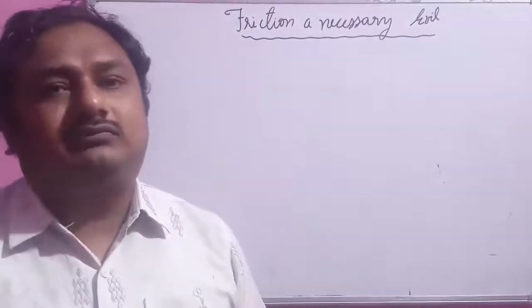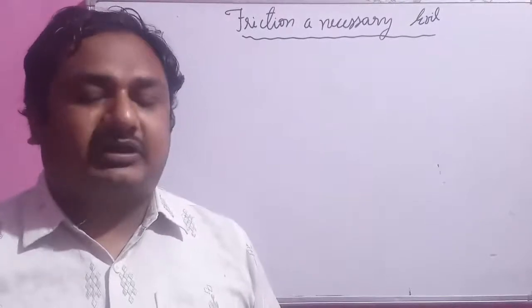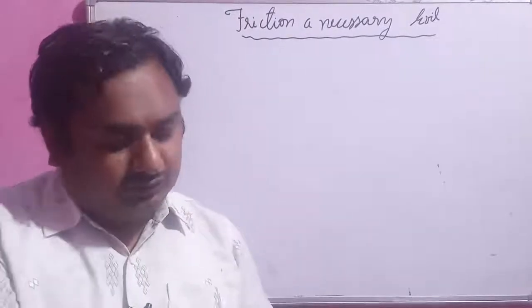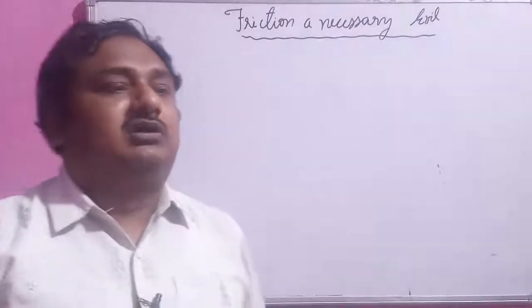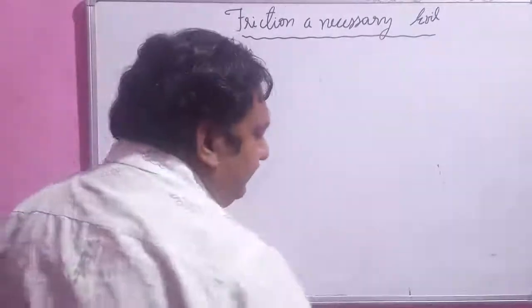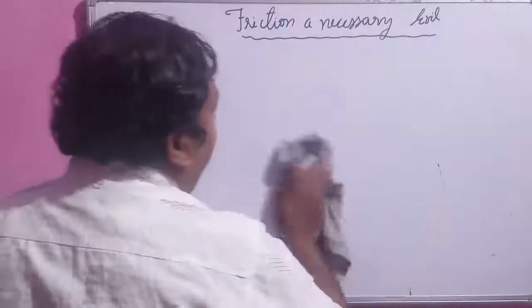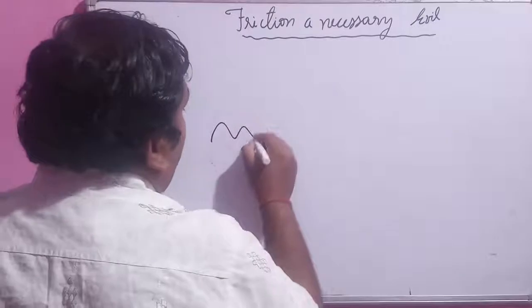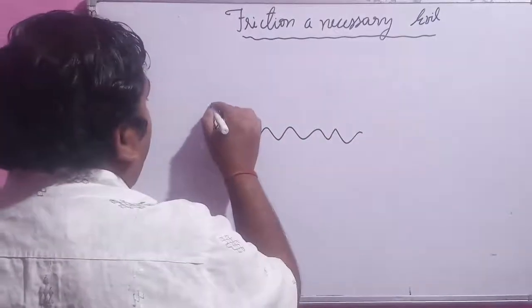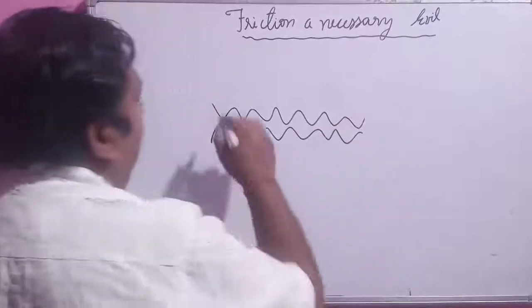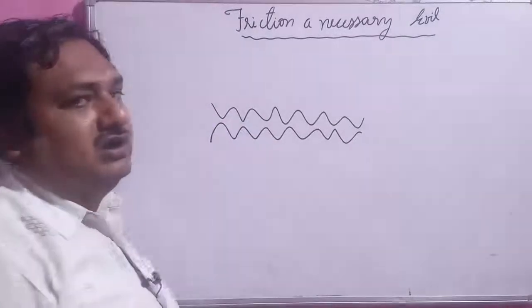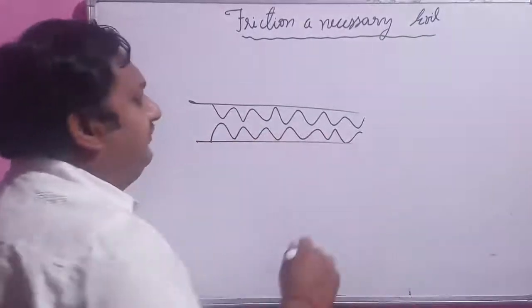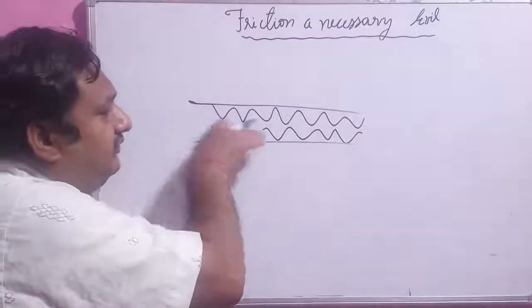So today we are going to study some of the methods by which we can reduce or increase the friction force. As you know, the friction force is a contact phenomenon, and the basic idea of reducing friction is that the friction acts between two surfaces, and if you look at the surface under a microscope, it consists of valleys and hills. So the basic idea of reducing the friction force is to somehow reduce these valleys.